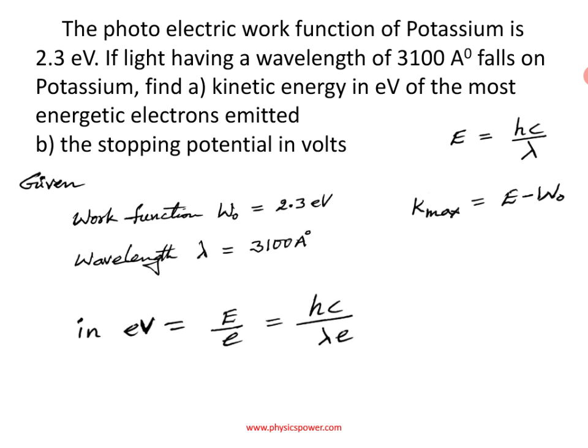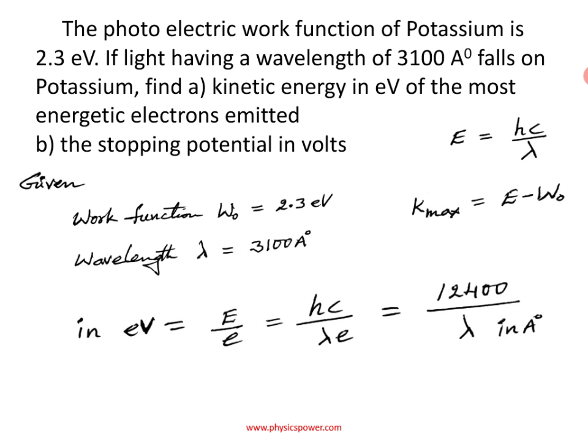Now here they are asking in electron volt. So E you will get in joule, but if you divide with electron charge, you will get everything in electron volt. So right from the beginning, you can get it like this. Here Planck constant, light velocity and the denominator electron charge, if you substitute all other than lambda, that you have to substitute in angstrom unit. So remaining all constant values, if you simplify, then you will get the simplified formula 12,400 by lambda in angstrom unit. So here lambda value you have to substitute in angstrom units only.